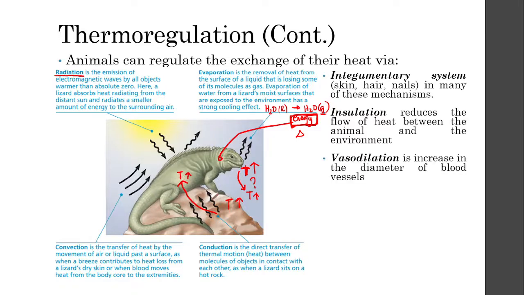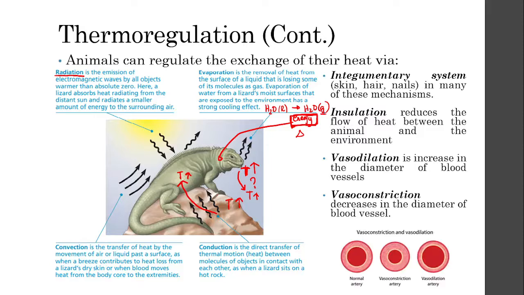Okay? Another thing that is very important that still plays in our integumentary system is vasodilation and vasoconstriction. Vasodilation is basically the increase of the diameter of our artery. So think of this as our artery, and this is blood right here. This is our blood. This is where your blood flows. By vasodilating, from the word dilation, you're increasing the size, you're increasing the diameter of your artery. What happens? There's an increase in blood flow.